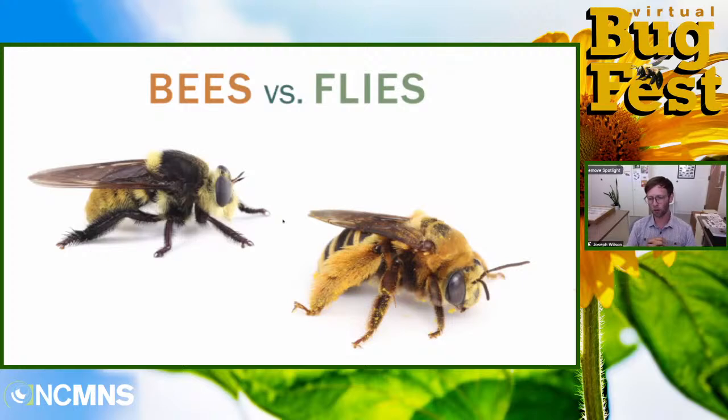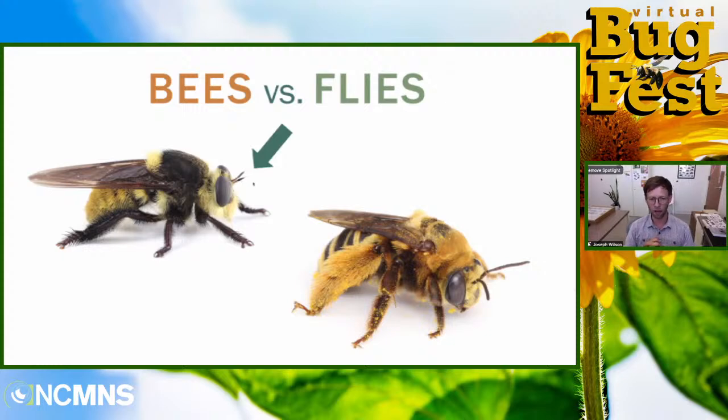On the left, is it a bee or a fly? This one's a little bit trickier. So on that first one, it looks like everybody said fly. On this one, I'm getting some mixed answers. And it's tricky because if you look at the legs, they look hairy and thick like a bee. But if you look at the head, it is a fly. So this has really big eyes like a fly, and it has really short antennas like a fly.